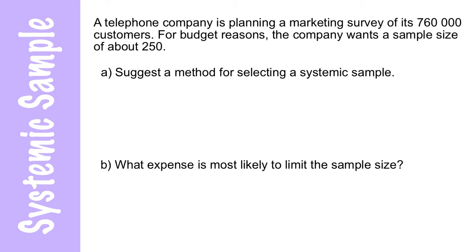So here we have a telephone company planning a marketing survey of its 760,000 customers. For budget reasons, the company wants a sample size of about 250. So let's suggest a method for selecting a systematic sample. In this case, you probably want to go with a sampling interval. And the interval